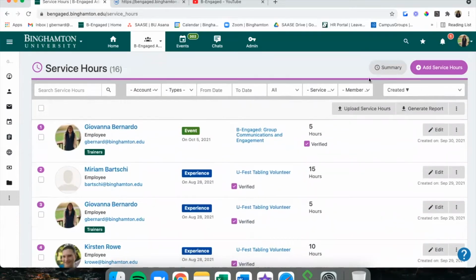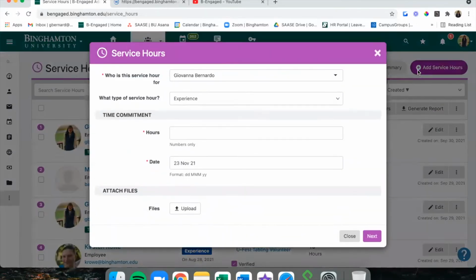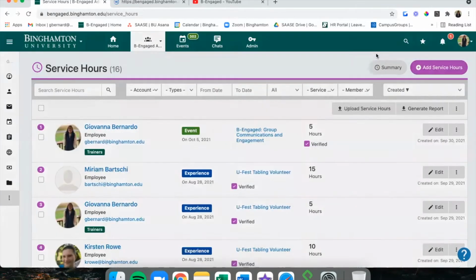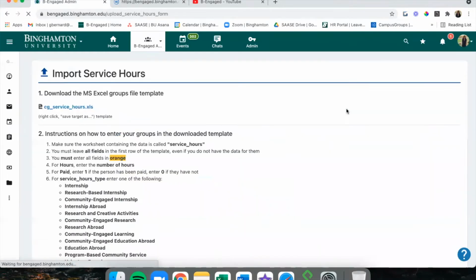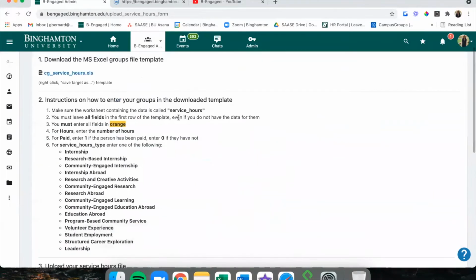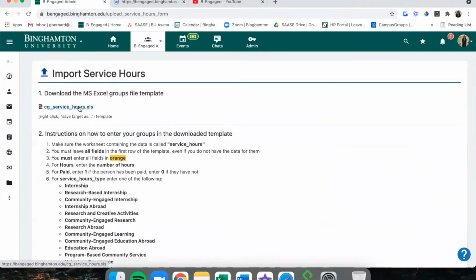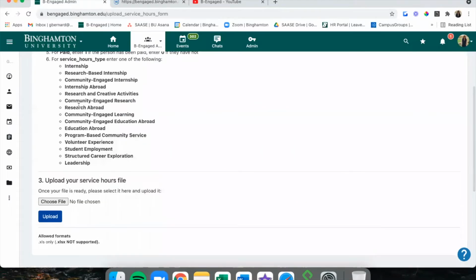And you'd also be able to add service hours for your members by filling out the same form we just saw, just in a different interface. You can also upload member service hours in bulk by clicking Upload Service Hours and downloading a spreadsheet template that the system provides.